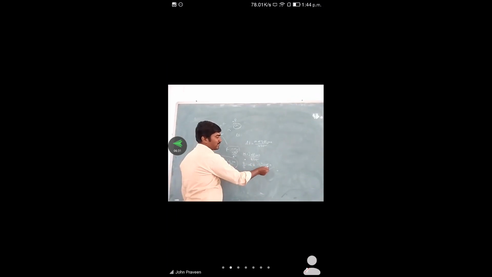So the h value we have, substitute here. If you have substituted the h value here, what are we getting? B is equal to mu into I into dl sin theta by 4πr square. So this is the previous portion.